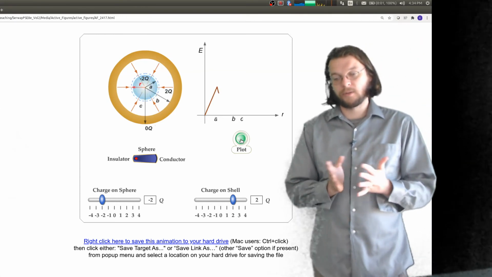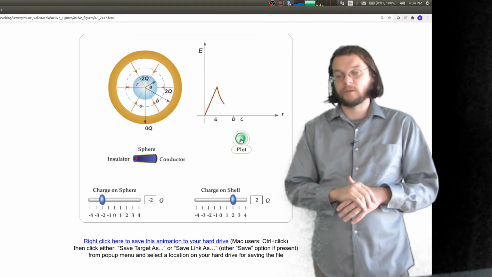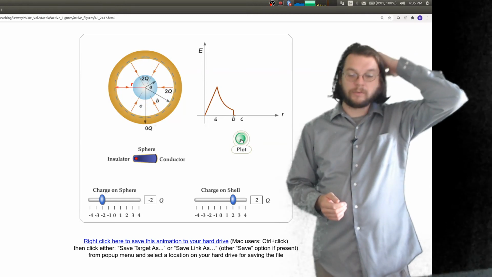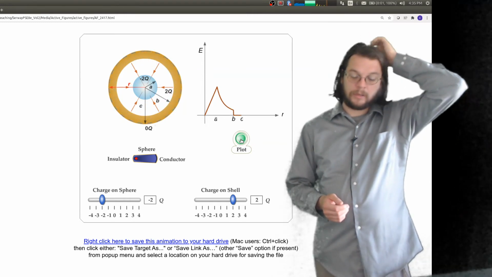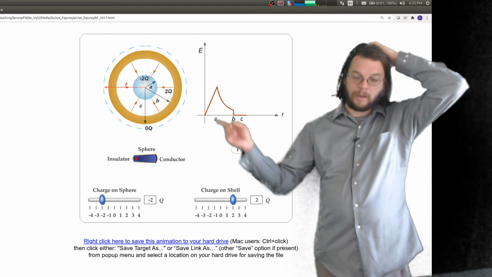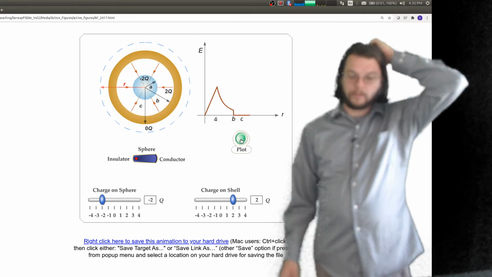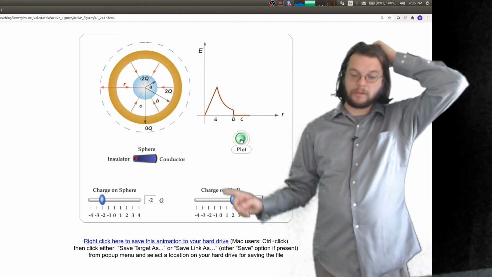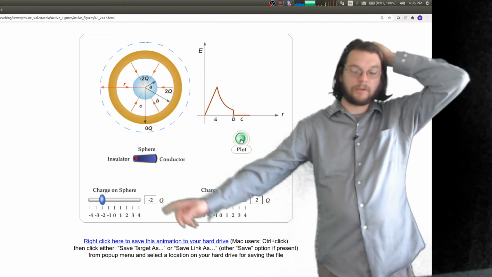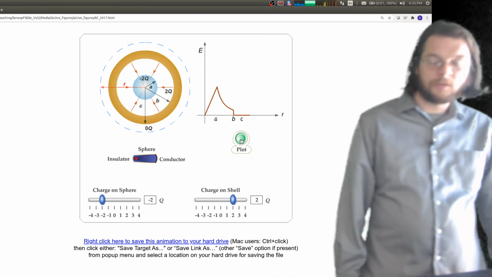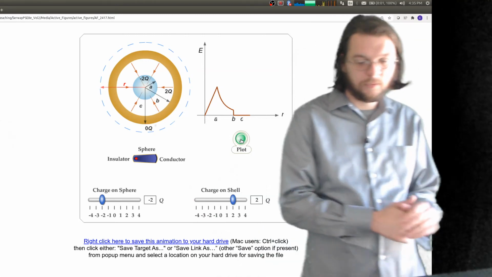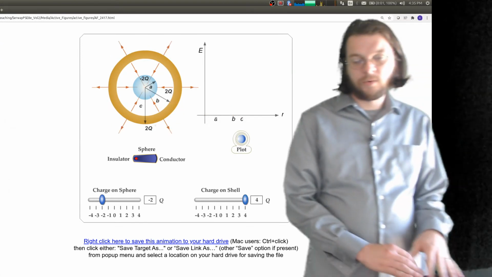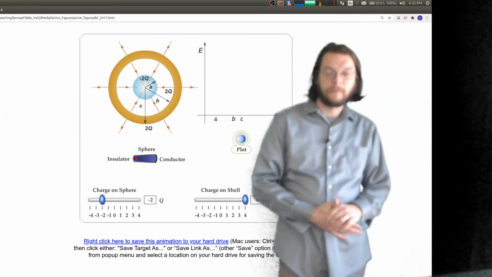On the worksheet, I asked you questions like, what's the strongest electric field? Is it inside or outside? These are all fair questions for the exam. The exam will have a Gauss's law question on it. So you notice that once we're out here, there is no electric field because it's +2 on the shell and -2 on the shell. I'm going to change this back to 4 just for the heck of it. The other thing to note that I think is important is that